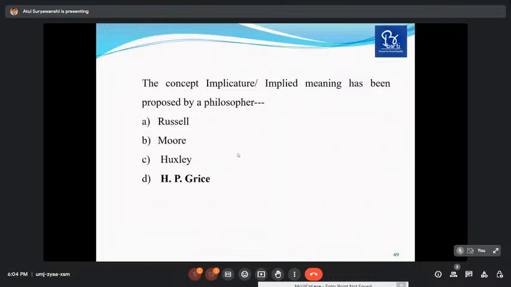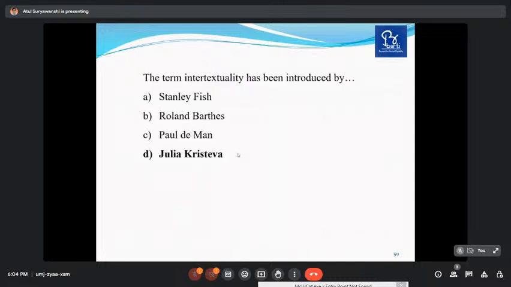Implied meaning has been proposed by the great philosopher H.P. Grice. So this is about pragmatism. When we study English, this is interdisciplinary. All the branches of English are closely associated with one another. So we should touch all the branches when we study. The term